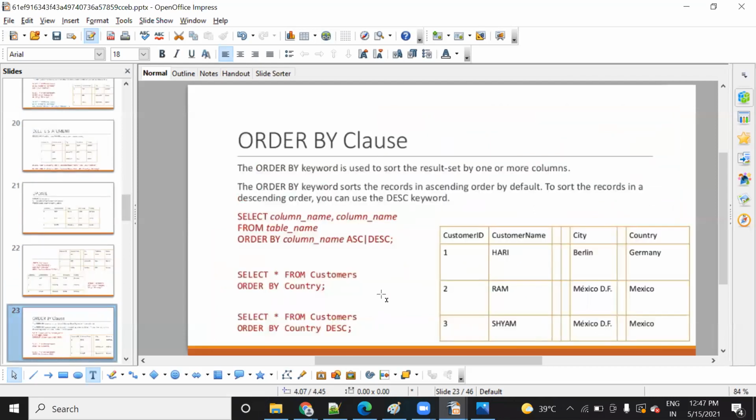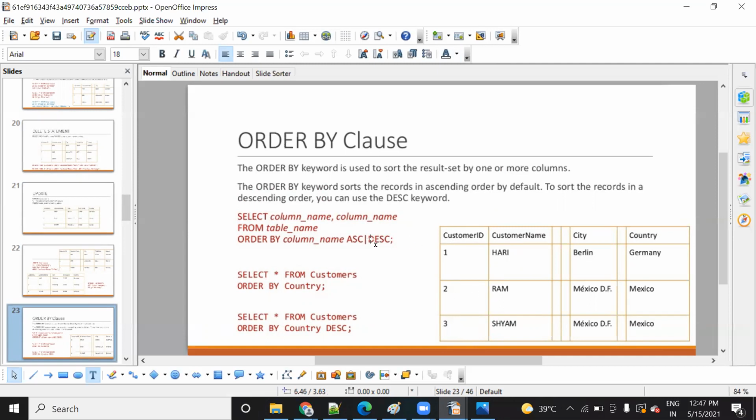Order by clause. Now what is the order by clause? Order by clause is used when you want to arrange the data in some order, with ASC and DESC meaning ascending and descending. Suppose I say arrange customer ID in ascending order, then it will come 1, 2, 3.